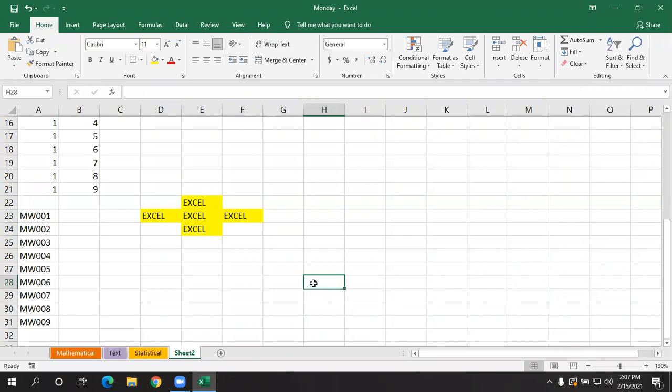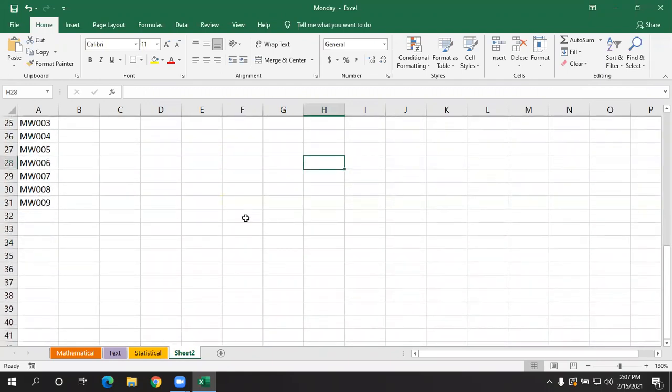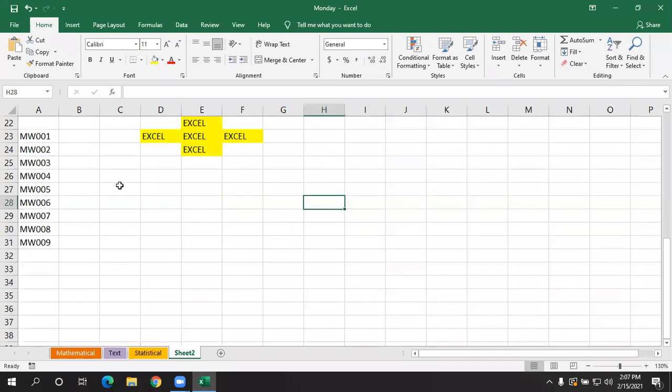Okay, and in that series we had other options also. Even for date also we can use the series option. Now here I'll give the date. In which format? I'm going to give a date in MMDDYY format. Okay, now let's give 1 2 2021. Okay, so it's a month first, then date, and then year.